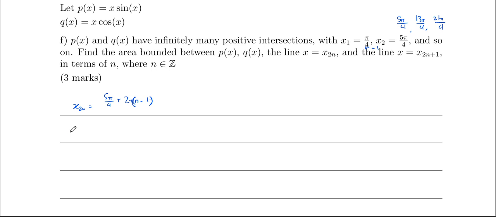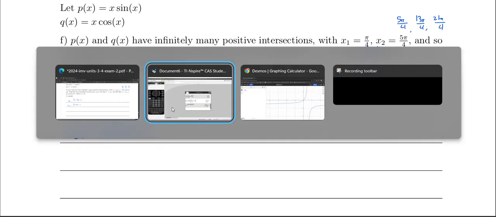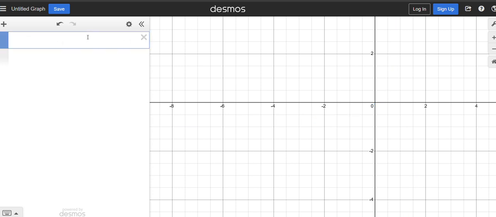That means that x of 2n plus 1, which is the next solution after 5 pi on 4, is 5 pi on 4 plus 2 pi n minus 1. And then if we just look at the graphs real quick,